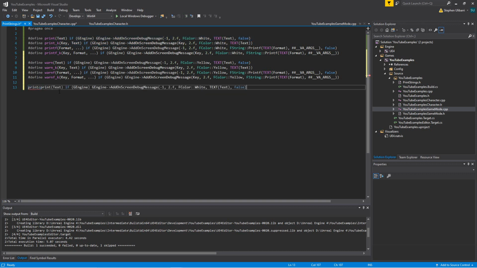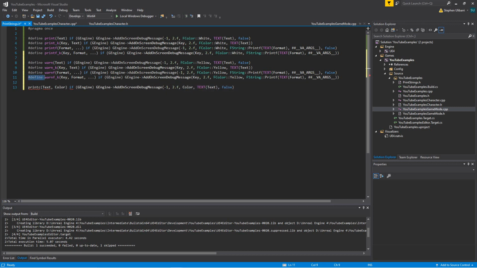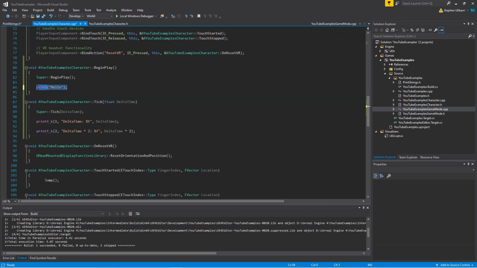So let's call this print C, and then this can take two parameters like text, color. And you can simply have, instead of F color white, you can use color. And of course we need to use define, like that. So now we have print C for color, and we can call this, if we want, here, say in begin